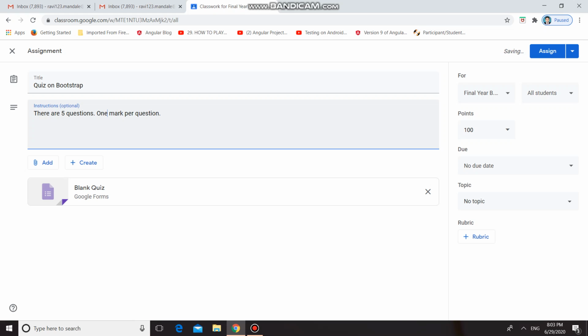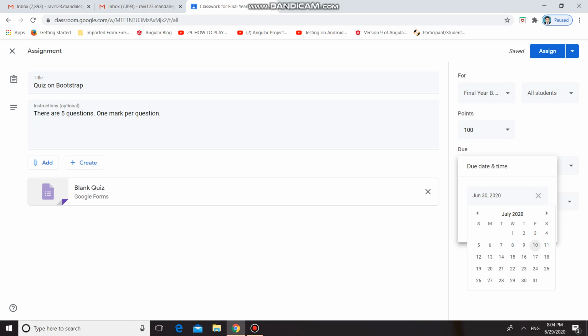Then you can select the class or students. If you want to give it to only a few students, you can select them by their email IDs.